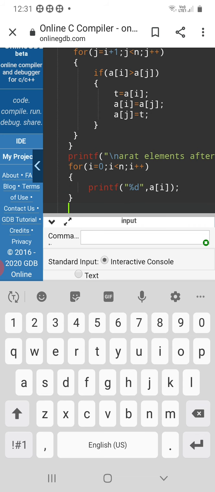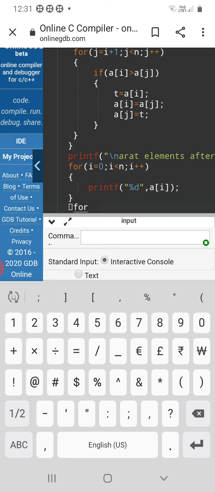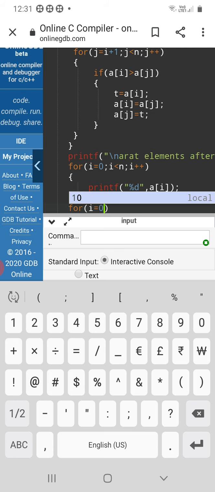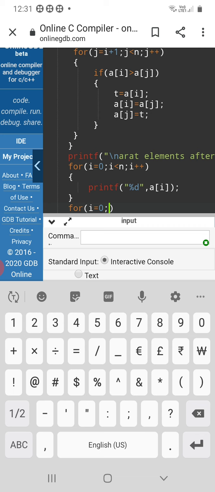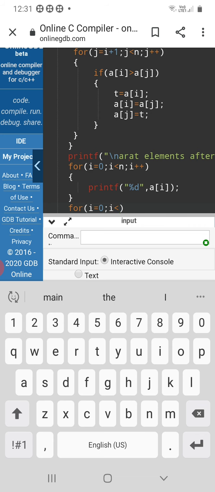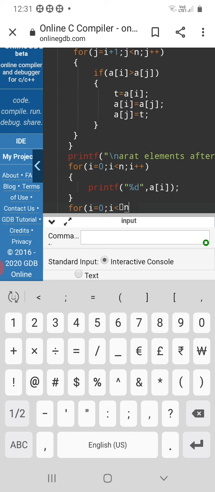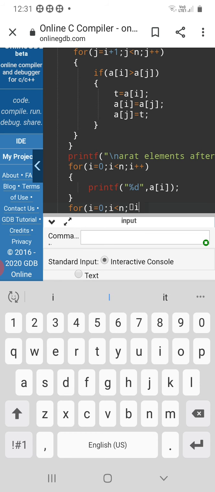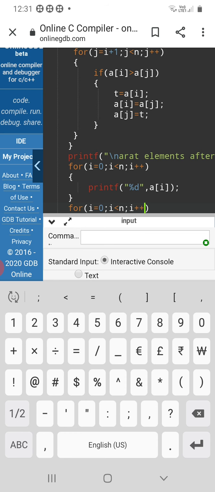For, I am again initializing i equal to 0, which was declared above, terminating with semicolon, and the condition i less than n, terminating with semicolon, and post-increment operator i plus plus.